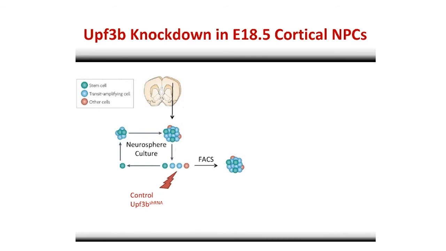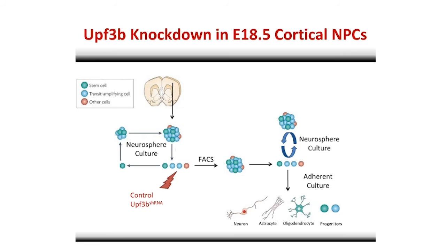So that was interesting. Of course, we wanted to look at how the loss of UPF3B affected the behaviour of these cells. So we went back to our cell culture assay, and with these neural progenitor cells, you can do a couple of different things. You can ask what's the effect on the ability of these cells to keep self-renewing in the neurosphere culture condition, and you can also ask what is the effect on their ability to properly differentiate. So when you plate these cells out onto a substrate and remove growth factor, they differentiate into neurons, astrocytes, and oligodendrocytes. And you can monitor the kinetics of this process.